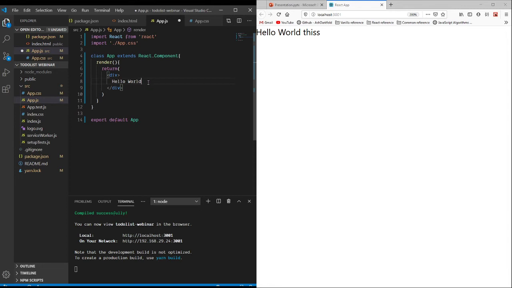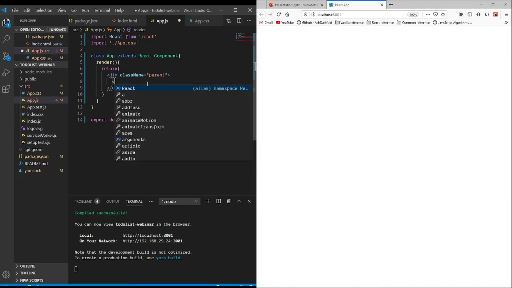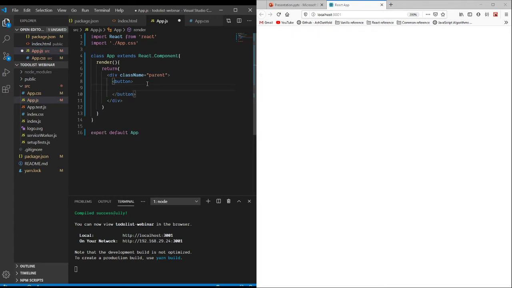Inside this, let's give this a class of parent. Okay. And then let's just make an add button. And then let's make a div which contains the children basically. It's going to have a div with class name,